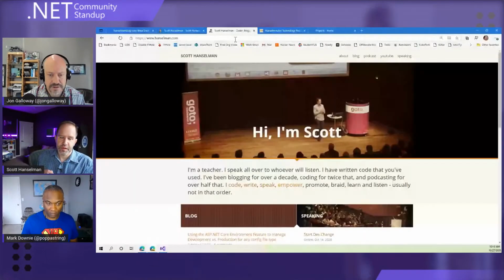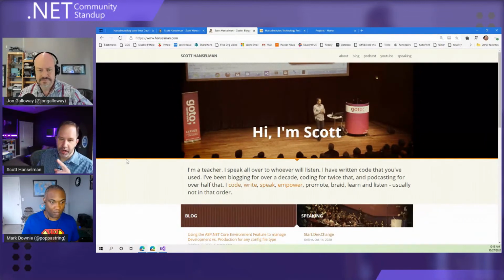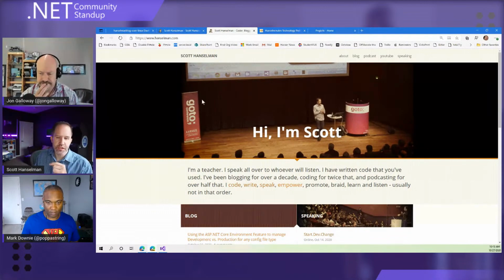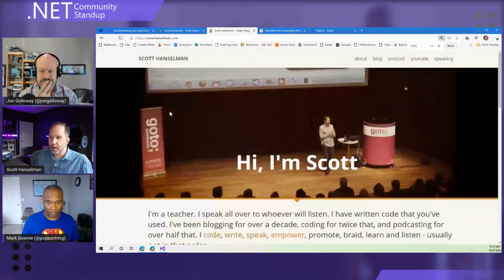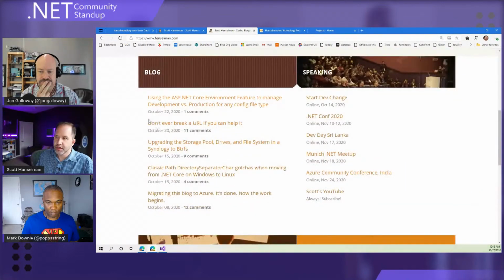I'd be interested in whether Mark has a similar architecture, but I've actually got 3 sites. The home screen is a tiny little ASP.NET Core Razor Pages site, and it was the first thing that I updated to .NET Core. It is literally just a homepage. It pulls from the RSS feed.